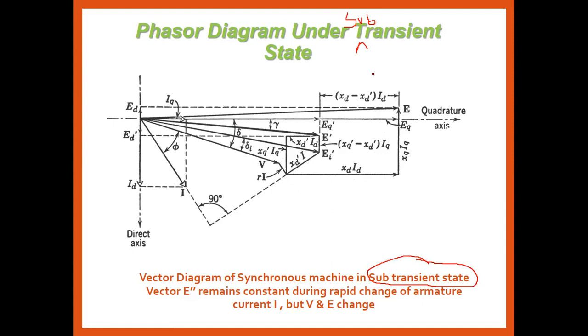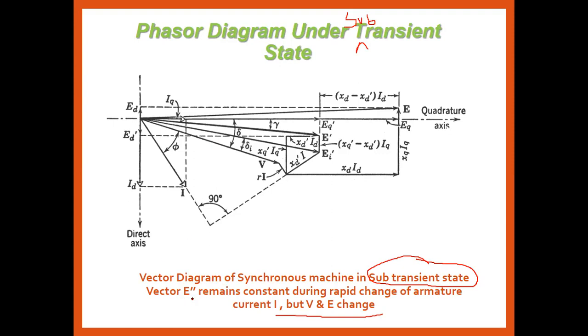Under this phasor diagram of the subtransient state, it should be the same as under the steady state condition. Only the armature current changes rapidly, but V and E should change while the internal voltage remains constant. Okay, so the vector diagram of the synchronous machine under the subtransient condition lies with